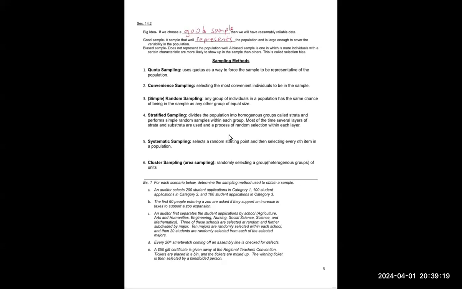And stratified sampling is usually several layers. So maybe after they randomly pick 10 states that are going to do the sample, then within those states, they randomly pick 7 counties from each of those chosen states. And then from each county, they'll randomly pick 6 neighborhoods or whatever, and then from the neighborhoods, they'll pick 7 streets. And then they'll randomly pick 7 people on a certain block to be part of their